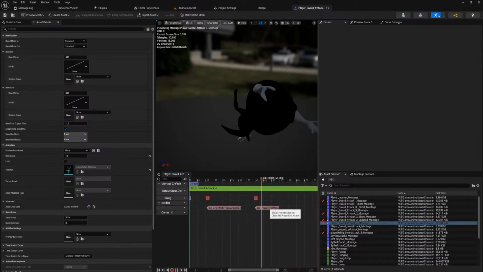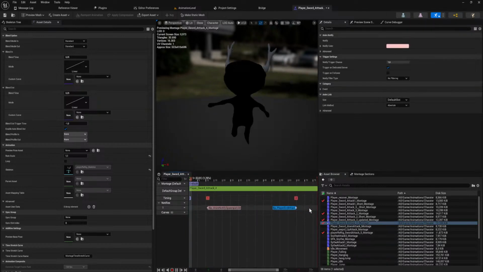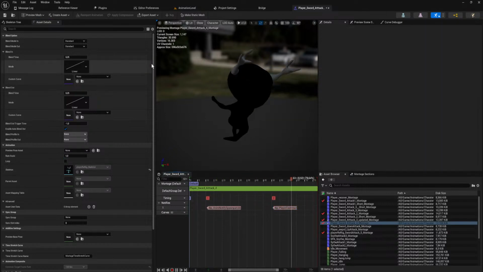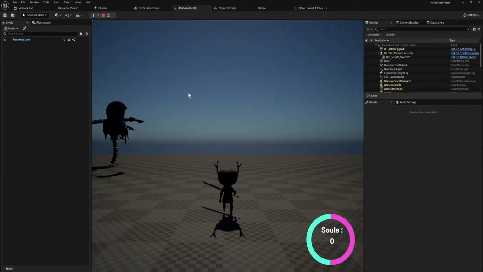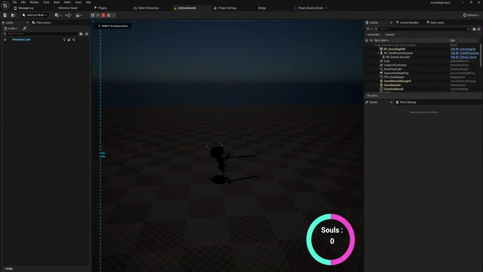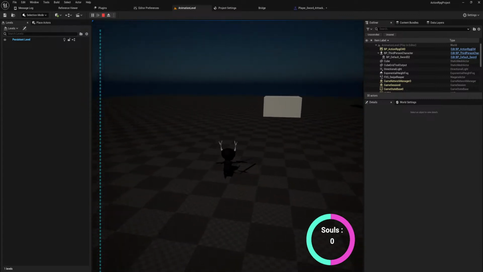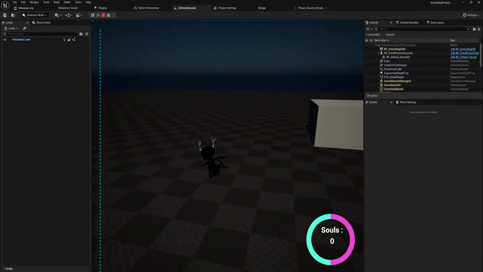I actually think that this one is fine to take a little bit longer and can just be at 1x speed. Yeah, there's a rhythm to it now.